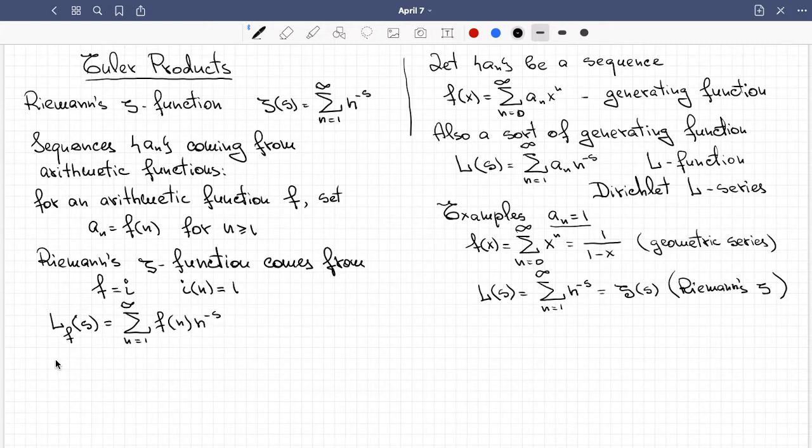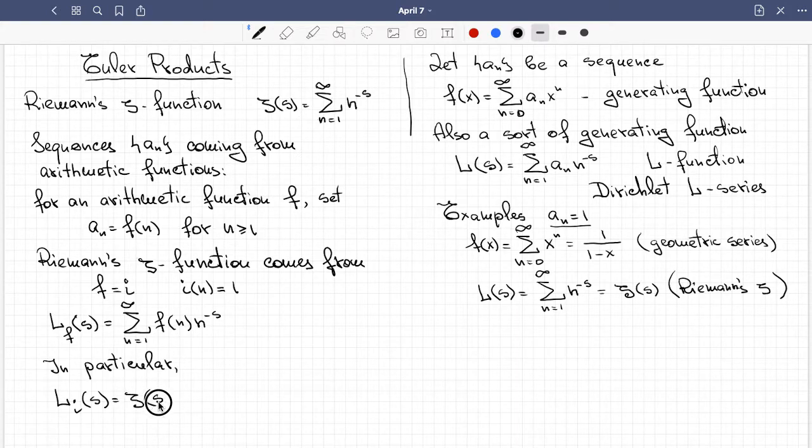In particular, with this notation, Li of s for the function I, f of n is now I. F equals I. So Li of s is sum from 1 to infinity I, which is always 1, n to the minus s,